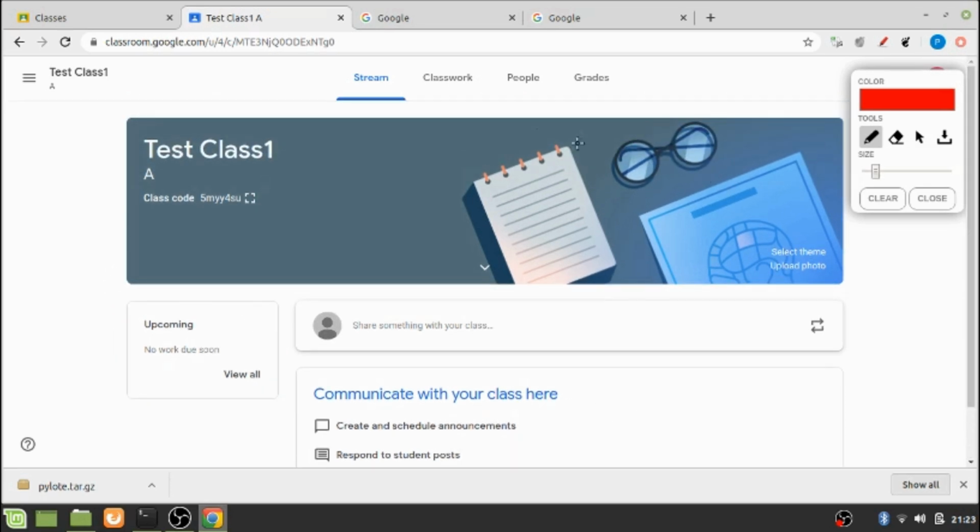Again, in the center of this menu bar you will see four main tabs for this classroom. These are stream, classwork, people and grade. The Stream tab functions like a social media platform where you can see all the recent assignments and announcements related to the class. This Classwork tab can be called the teacher's primary workspace, where you can post assignments, questions